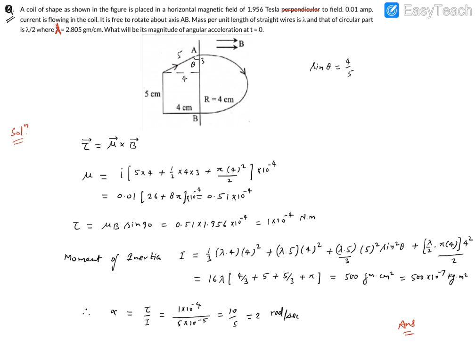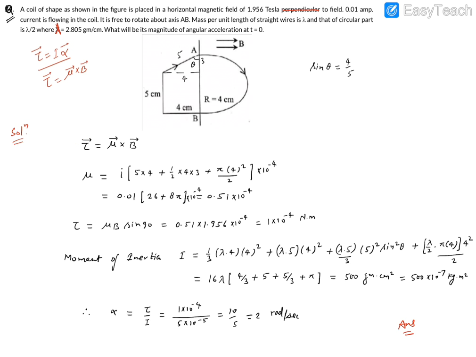So the question asks at t equal to 0, how much angular acceleration is going to come? How to connect? We need to find angular acceleration, so we must go for the torque equation, and then we need to know the torque in magnetic field, so you must be recalling tau is equal to mu cross B. So the concept is this, and from these two, torques can be equated, where I is the moment of inertia, mu is the dipole moment, and B is the magnetic field. We can use all of them to find alpha. So we start with tau is equal to mu cross B.